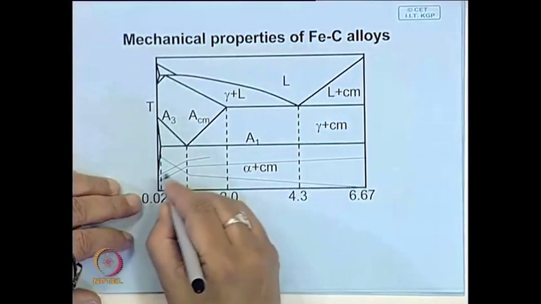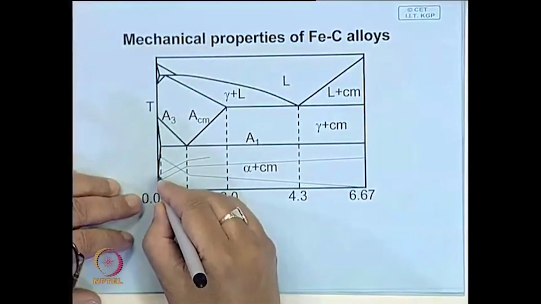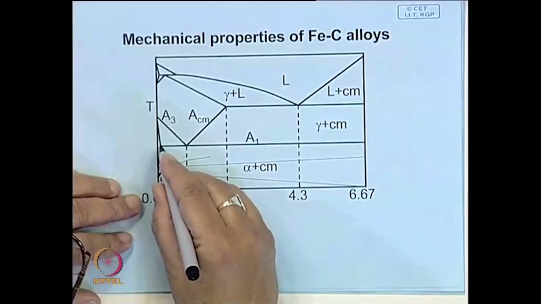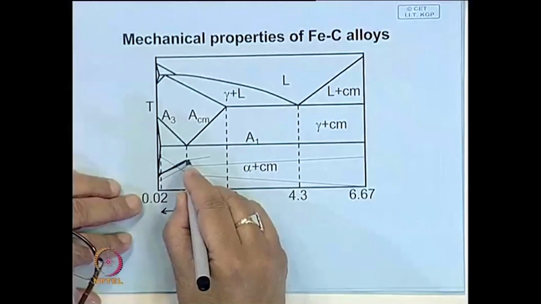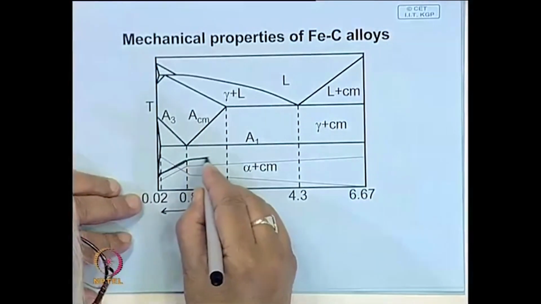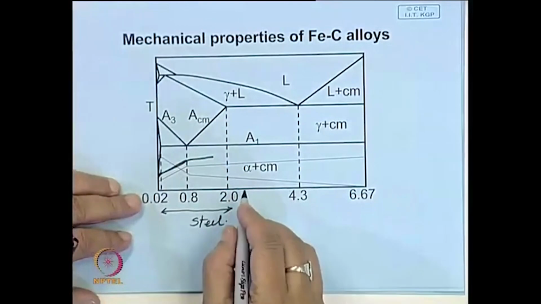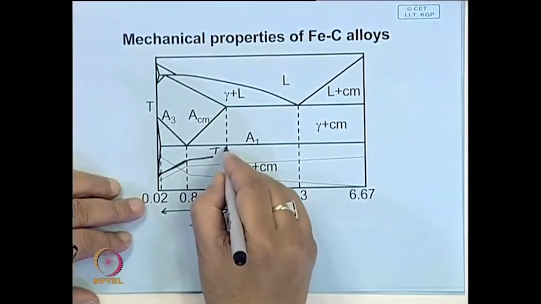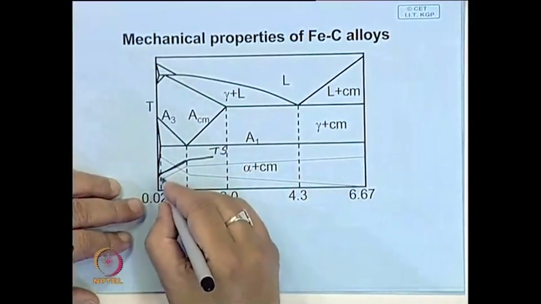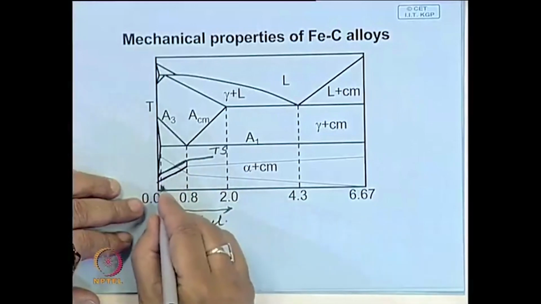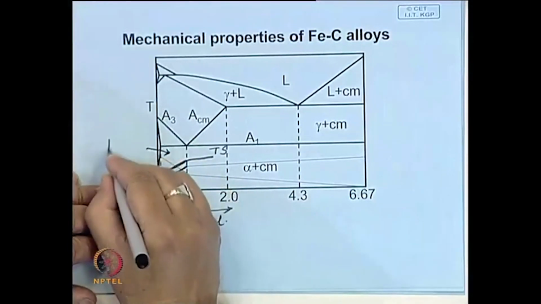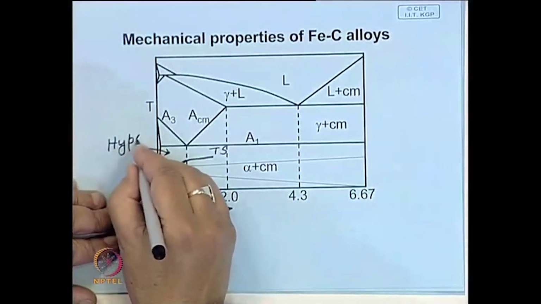There you will find, if you increase the carbon content in this portion, there will be a slight increase because of the solubility, and then this part is linear, and then here around this you almost get the optimum property, and thereafter this property increases very slightly. So, this is, you can say, tensile strength. If you measure hardness, this hardness also increases linearly in this part, which is called hypoeutectoid steel,